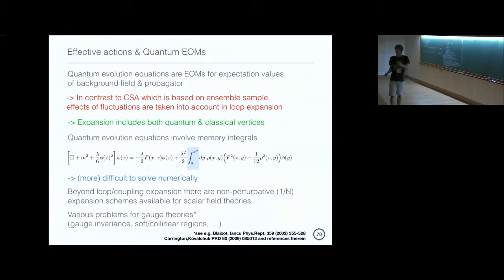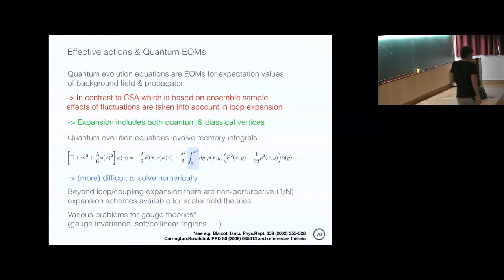where we had an ensemble-based approach, right? In the classical statistical approximation, we said that we have to compute things as averages over multiple trajectories, and that's effectively what generates some of these loops that appear on the right-hand side. In contrast here, these equations of motion you only have to solve once to describe your system, because they're already equations of motion for expectation values.